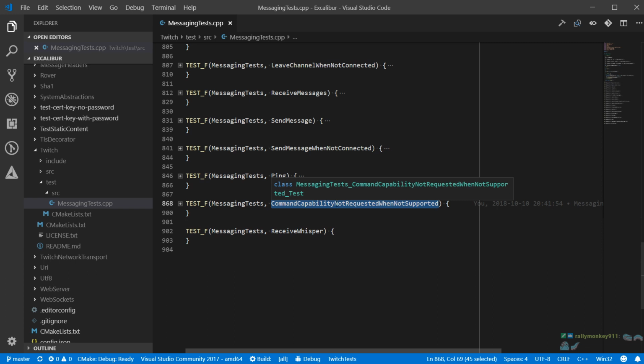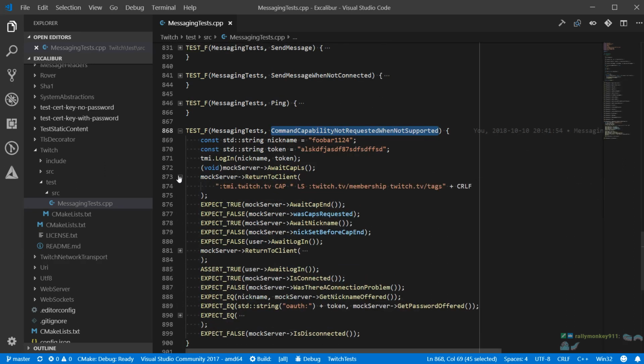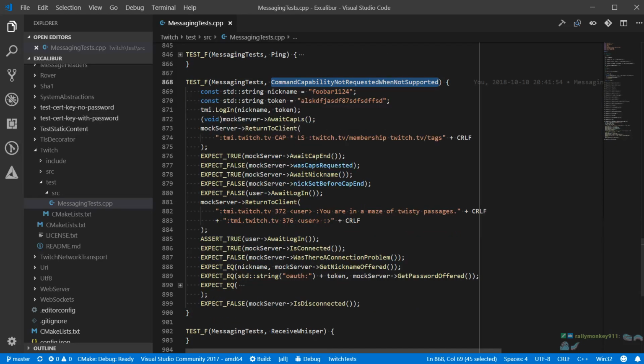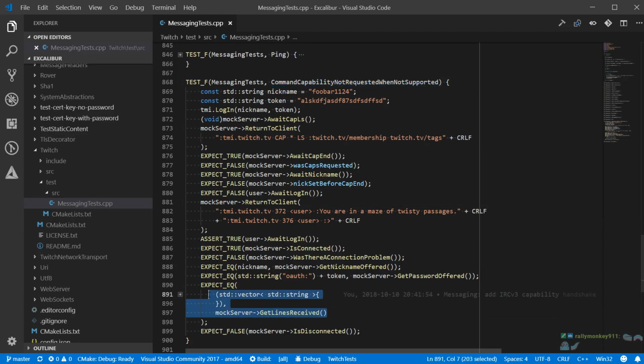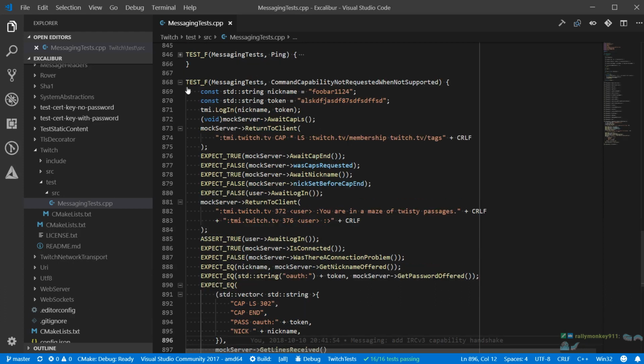Yeah, I think it's because we were always requesting a command capability even when it wasn't supported. So this test requests the command capability, but we're pretending that Twitch doesn't support it, and then we're expecting that it logs in but does not actually request the capability. It just ends without requesting it. That's an example where before, it would actually request Twitch TV/commands even though it wasn't advertised here. So anyway,